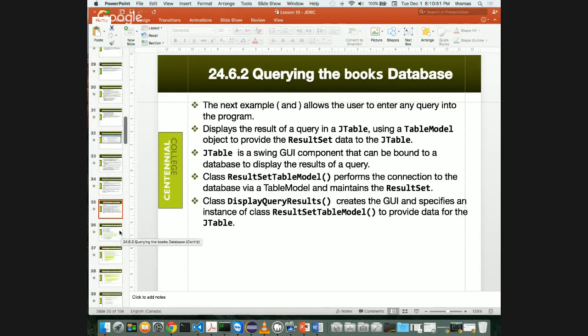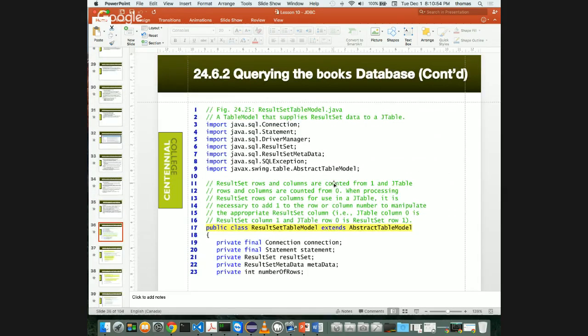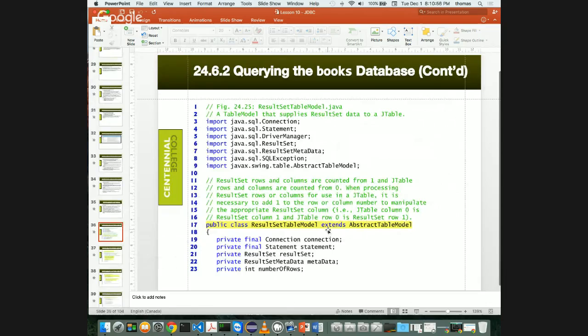Make sure that I've covered those pieces that you need. Okay, so here's another example where I have a model now. They call this the model, right? Now, again, this is in result set table model. Notice how they set up the connection, which is final, and a statement, which is final, as private instance variables. And then they have a private result set. They set all this up at the top of